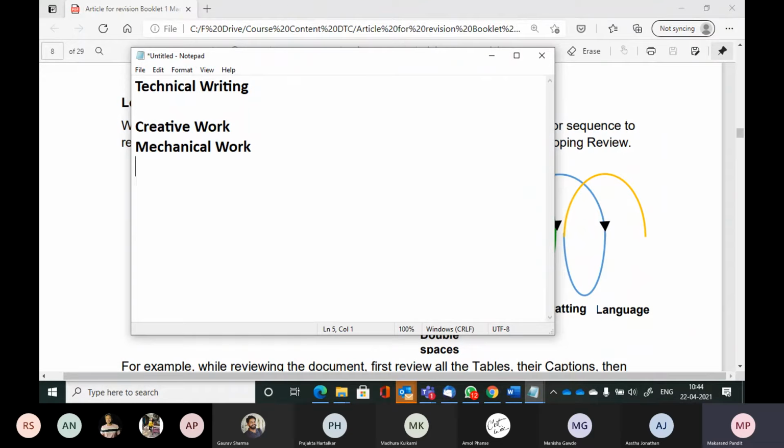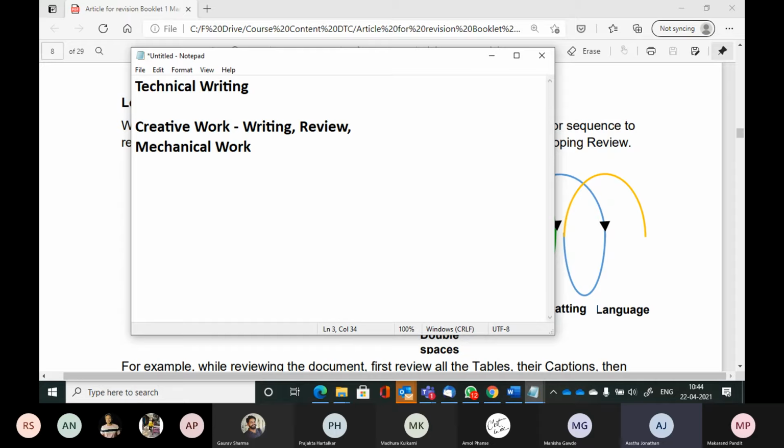I can look at it in many ways, but right now let's just look at it in these two categories, right? So there is a lot of creative work. So what does creative work involve? Tell me. So it involves your actual writing, correct? Then what? Review.